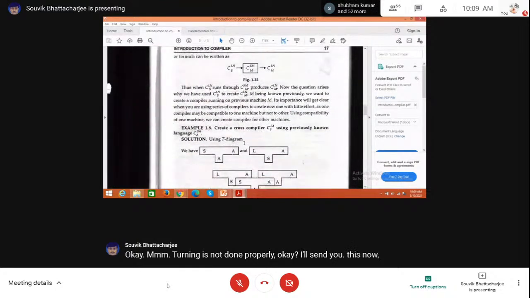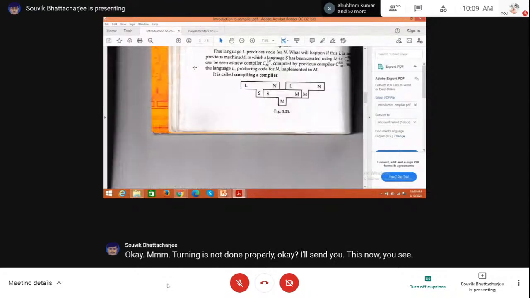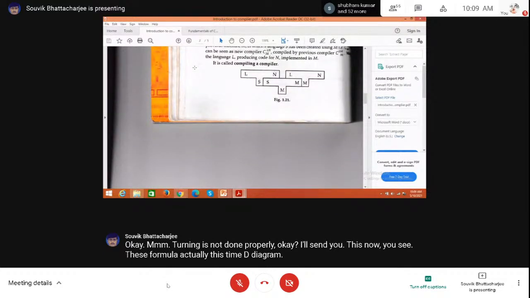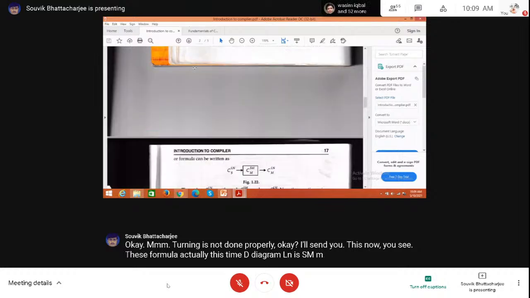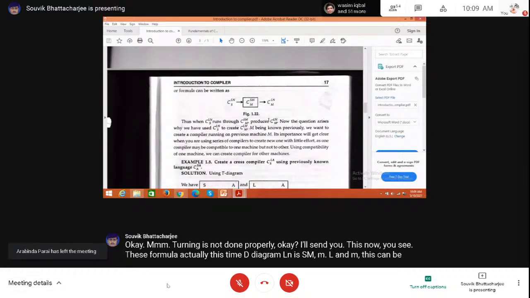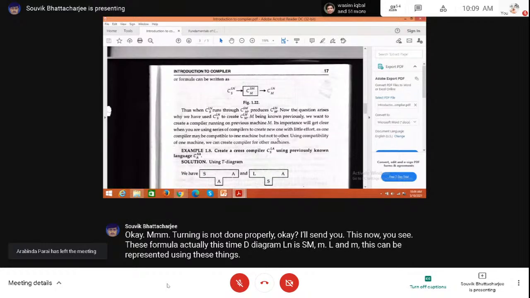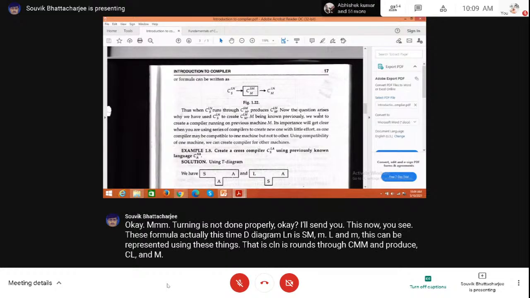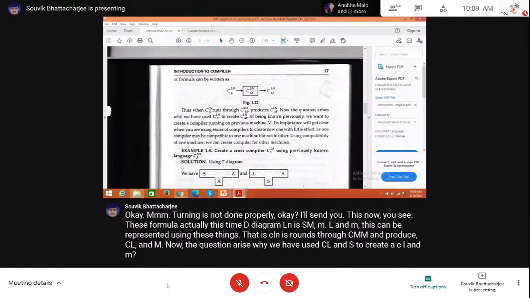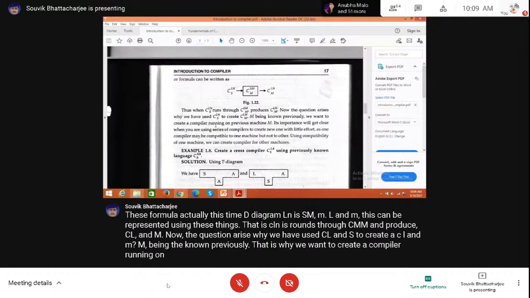Now, you just see this formula, actually this T diagram, LNS, SMM, LNM, this can be represented using these things. That is, CLNS runs through CMMM and produces CLNM. Now the question arises, why have we used CLNS to create a CLNM, M being known previously? That is why we want to create a compiler running on previous machine M, and its importance will be clear